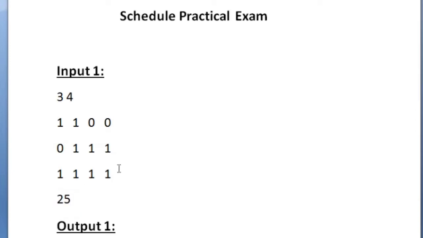So the question is, there is a practical examination to be held, and every row in this matrix is a unique laboratory, and the row elements are the machines present in the laboratory. So this 1 0 0 0 are the machines in the laboratory, and if it is 1, it means that the machine is working in that laboratory, and if it is 0, it means that it is a faulty machine in that laboratory. So in this case there are three laboratories, so the first, second and third, and in the